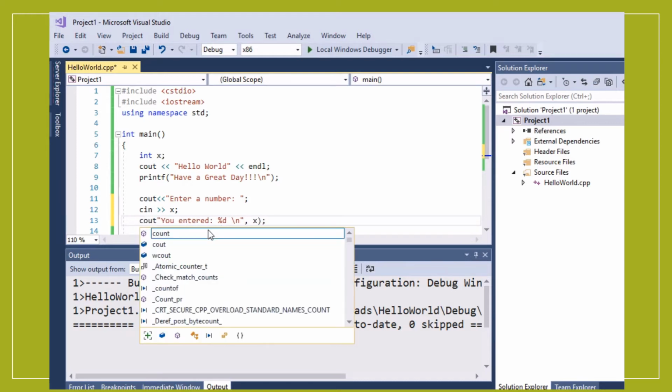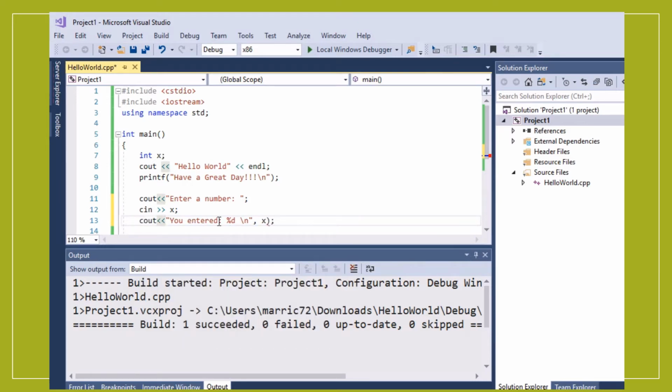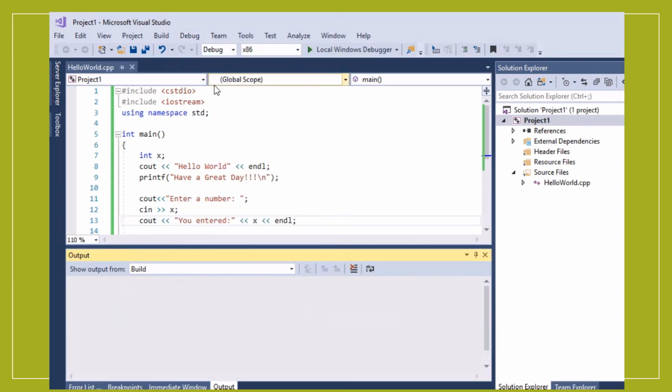Well, the C++ way of doing it is cout, and then instead of doing this crazy %d, we can just put the variable that we want to print. Then I'm going to have another insertion operator, that less than sign, and then the variable, and then another insertion operator and my endl to go to the next line. So I go ahead and run this,